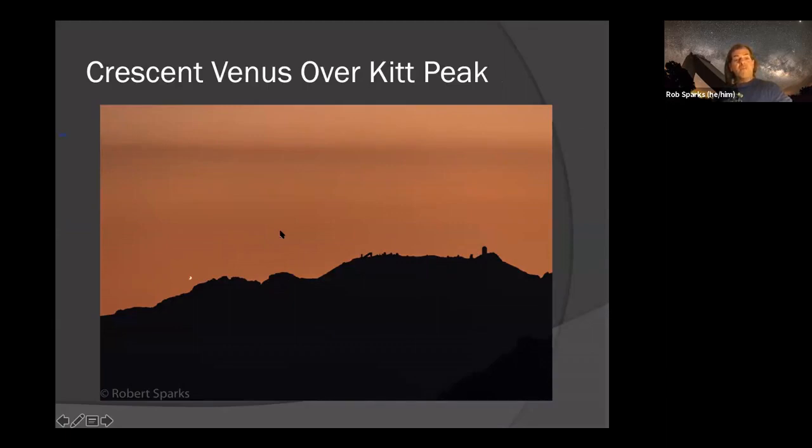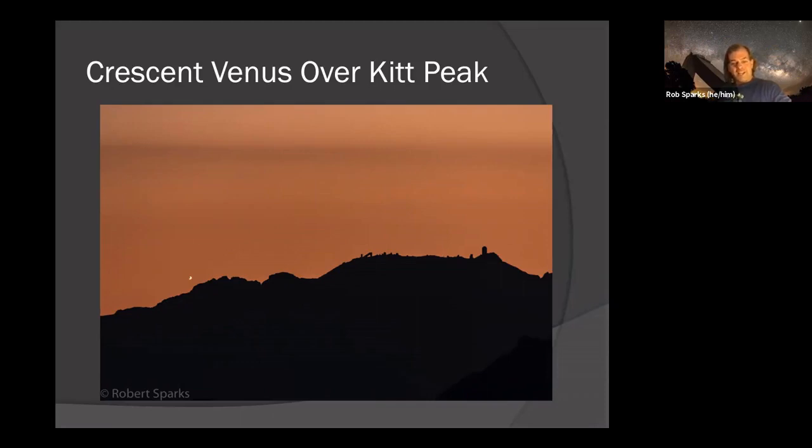This one, I would love to have gotten Venus directly over Kitt Peak here, you know, more over Kitt Peak, that crescent Venus. The problem is that sometimes roads don't go where you need to be. This was taken from near Mount Lemmon, from the Mount Lemmon Highway. And unfortunately, there's a road here, and a road way over on the other side of Mount Lemmon, and I need to be somewhere between those two roads to get Venus over Kitt Peak. So I could not actually drive to a place where I could do this image.